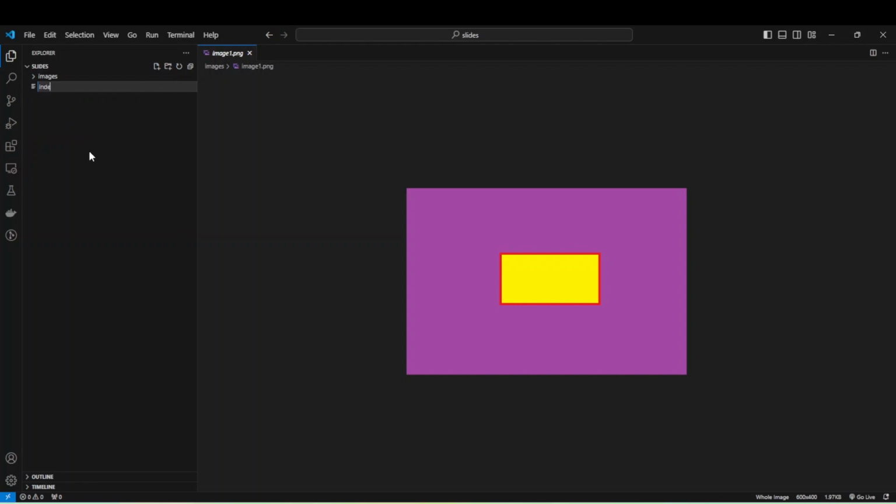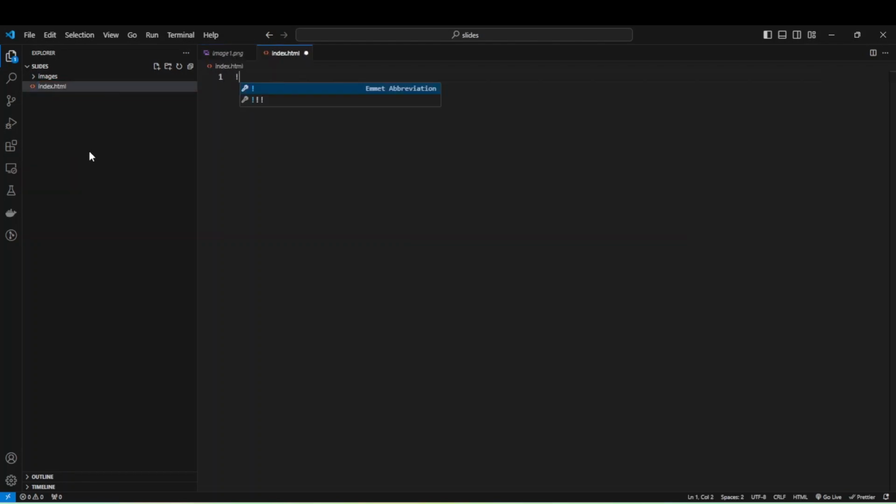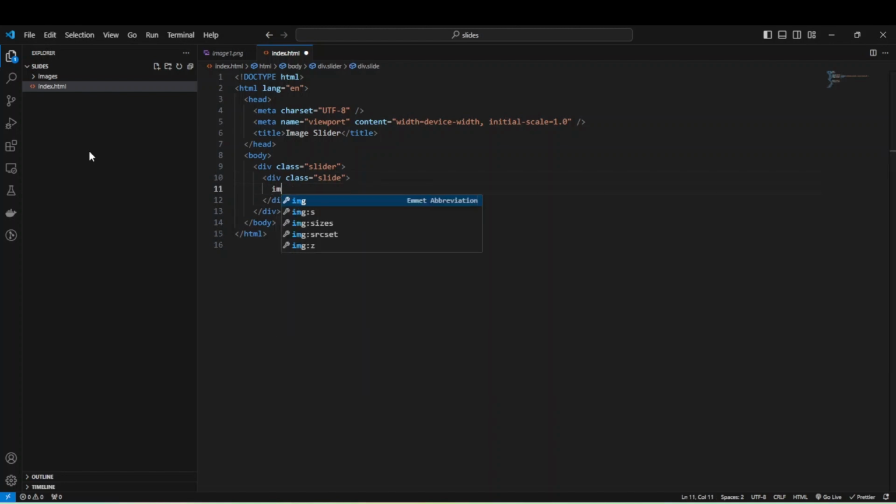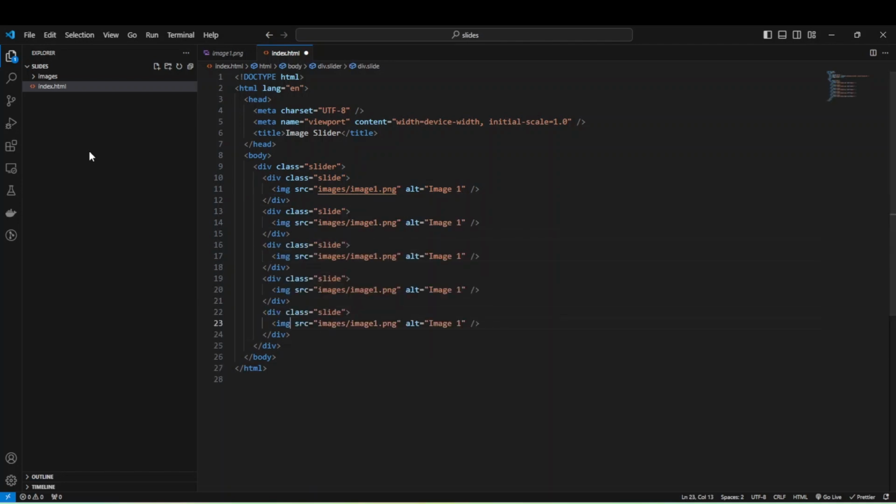First of all, I need to add an index.html file and place my HTML code, and I'll change the title to image slider. And first of all, I need to add a container with class slider. Inside it will be one slide, and inside the slide I'm going to place an image, and the first image will be image 1, and the alt just image 1, and I'm going to copy paste this code for all other images, and I'll just change the numbers